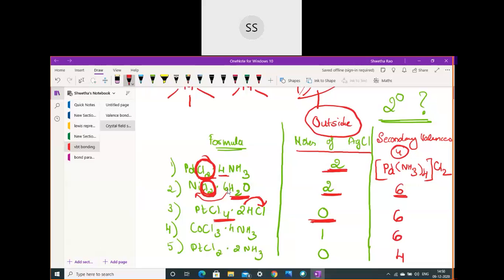And in this case, the third one, platinum Cl4 and then 2HCl is given. They say there is no precipitate of AgCl. That means there is no chloride ion present outside the complex. Everything is directly linked to the platinum atom. So you count how many